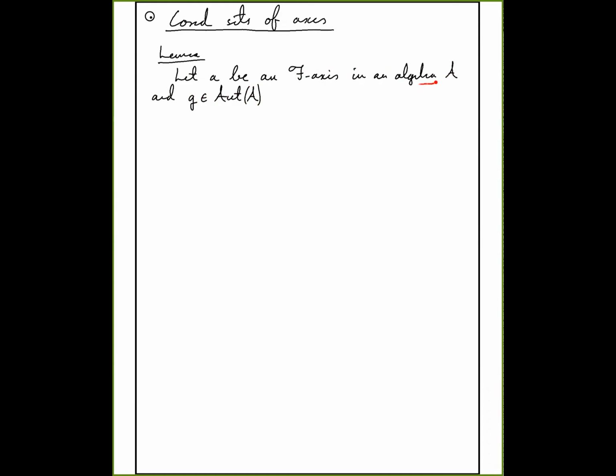Actually, I'm not assuming this is an axial algebra, just that this is an axis. So for any automorphism G, if I conjugate A by G, this is also an F-axis,